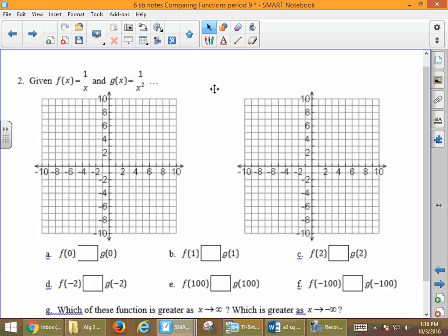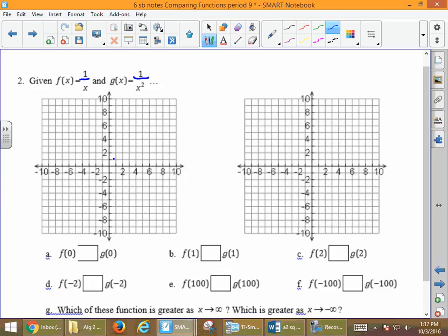This is part 2 of our comparing functions notes. It's the back of the notes, the examples. And today we have the function 1 over x, and the function 1 over x squared. And if we draw those parent functions in quickly,